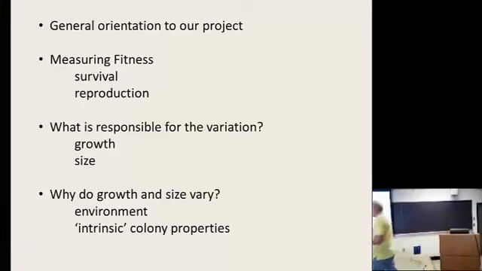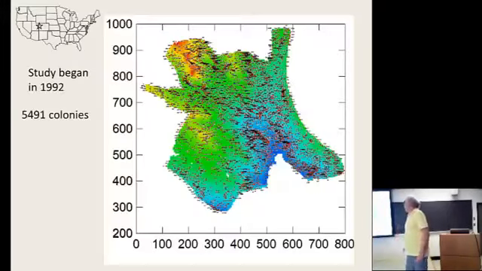The overall message that I'm going to give you is something that probably you knew from the moment you entered an ecology or evolution program, which is that intrinsic differences among individuals are important, as is the environment. So that's not a terribly new message. What I'm trying to do, though, is quantify the extent to which these differences in environment or intrinsic colony properties make a difference in terms of the survival and reproduction of this species.